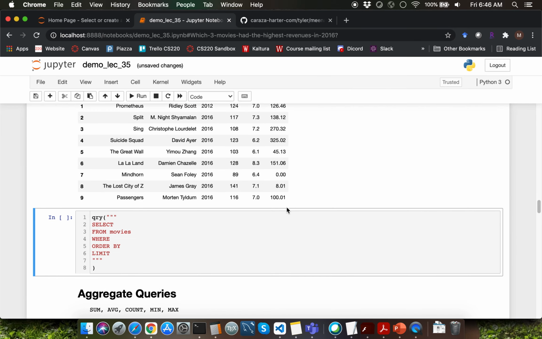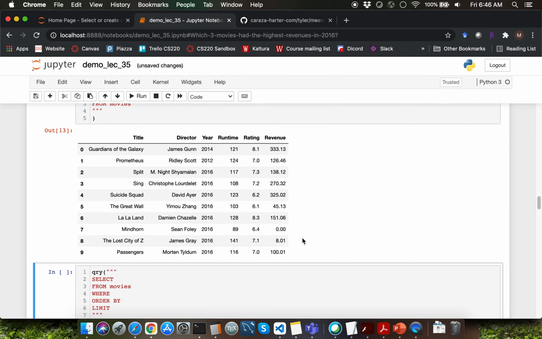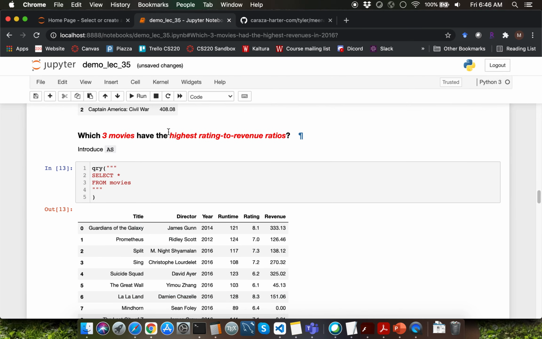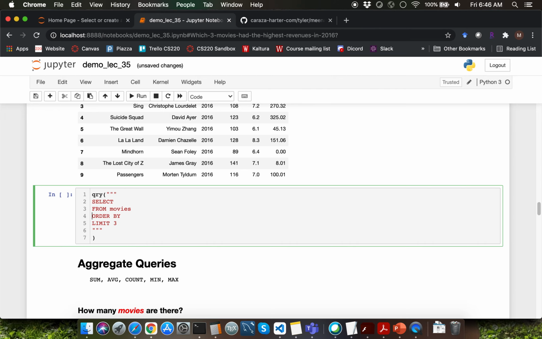It is very easy for us to compute a brand new column using SQL based on existing columns' values. Let me show you how to do that. Let's go ahead and type the rest of the query here, which is asking which three movies have the highest rating to revenue ratio. So I'm going to specify the limit clause. We need the order by clause, but we do not need the where clause here.